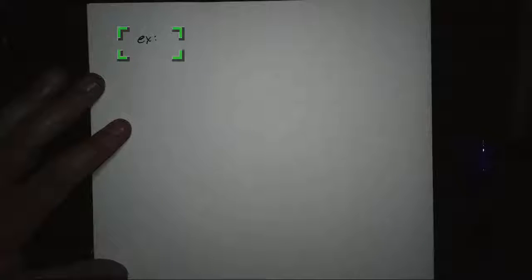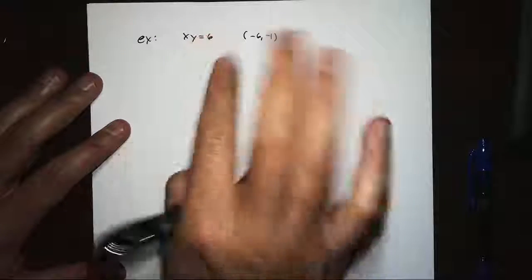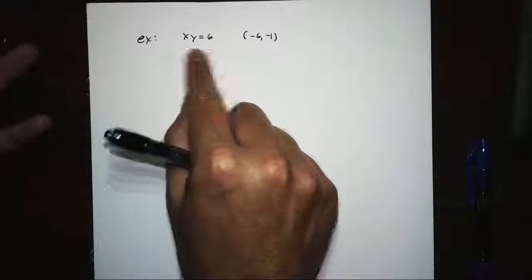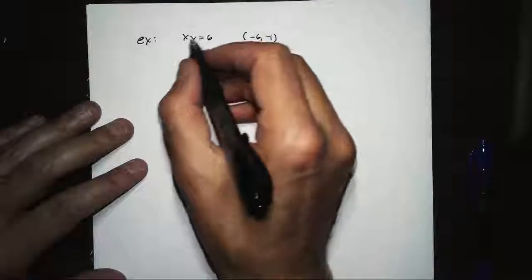It just won't remember. So let's say we have xy equals 6. And I want to find the slope at negative 6, negative 1. I can do this one of two ways. One, I can solve for y and take the derivative. But that's just a little bit tougher to do. So sometimes what I'll just do is